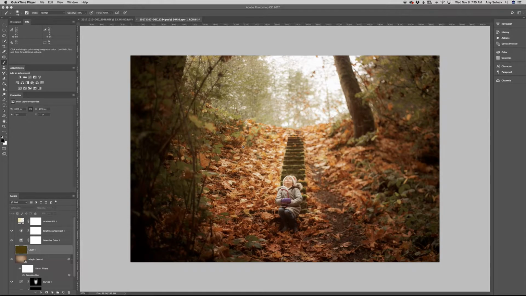Good morning, it's Amy again, and a question was asked on how to use a radial filter to add color and I'm assuming some light to photos. So I'm going to go over that in Photoshop, and then to get started, I've made all my adjustments here,